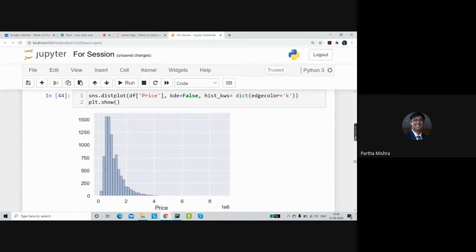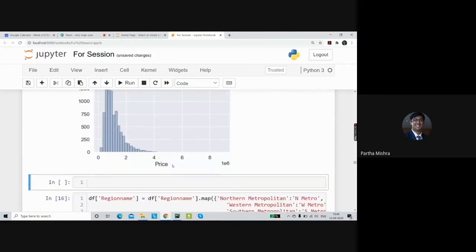And the next thing that we can easily make out is this data is normally distributed, but there is a right skewness to this data. So it is skewed towards the right-hand side. It's not exactly normally distributed around the center value, but it is skewed towards the right.